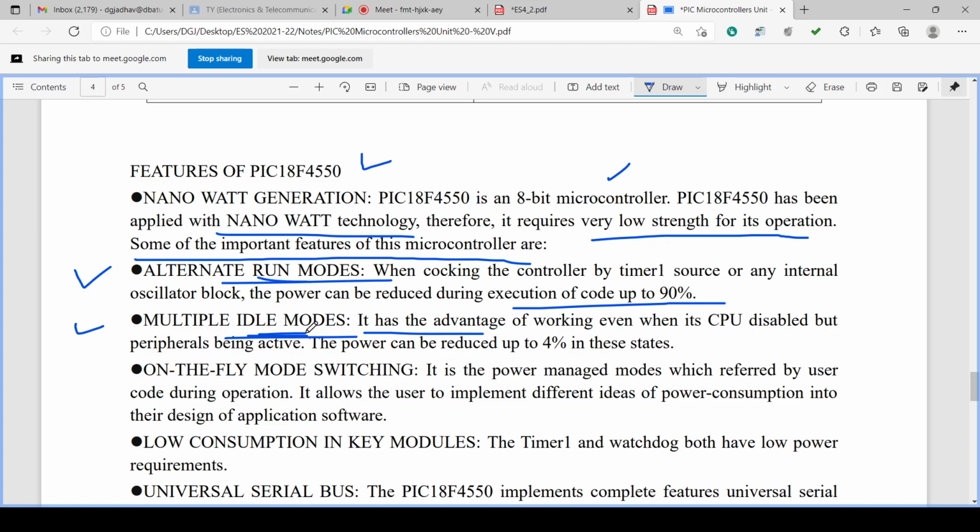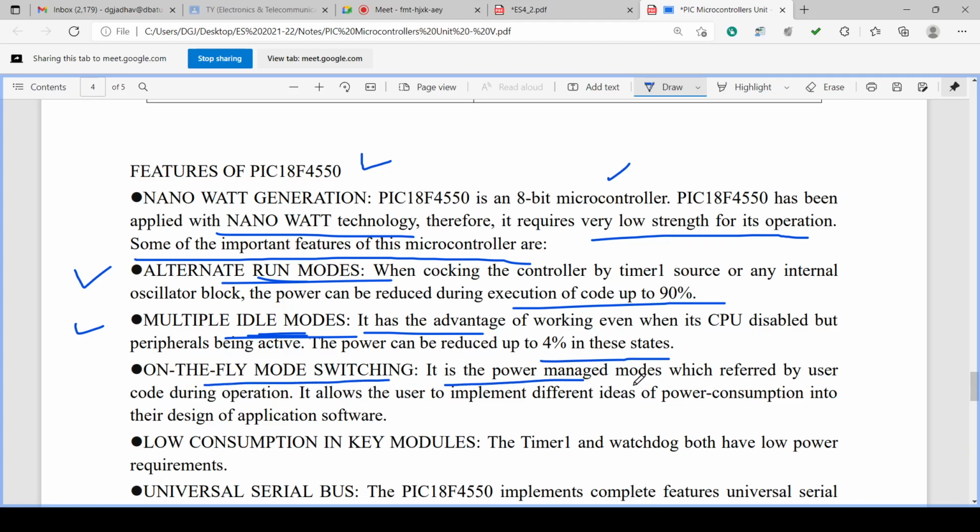Run is execution. Idle is not executing. It has the advantage of working even when the CPU is disabled but peripherals are active. The power can be reduced up to 4% of the states. So run mode is there, idle mode is there, on the fly mode switching is also there.